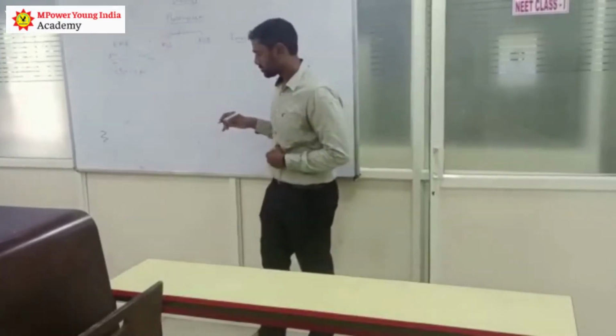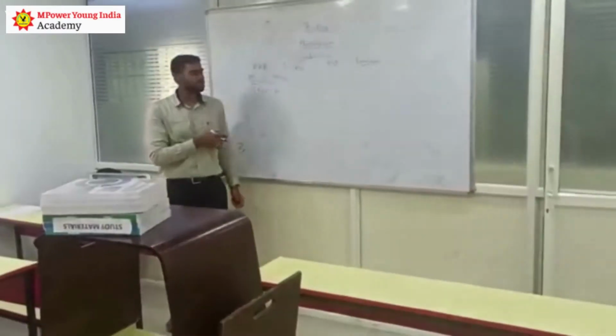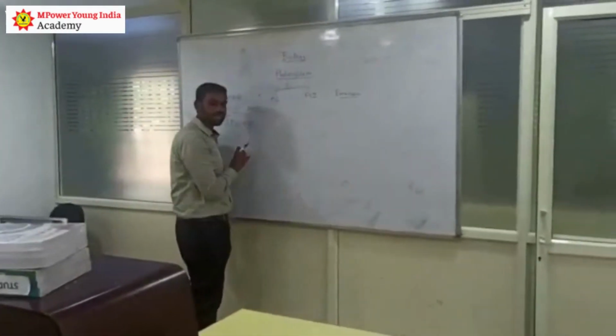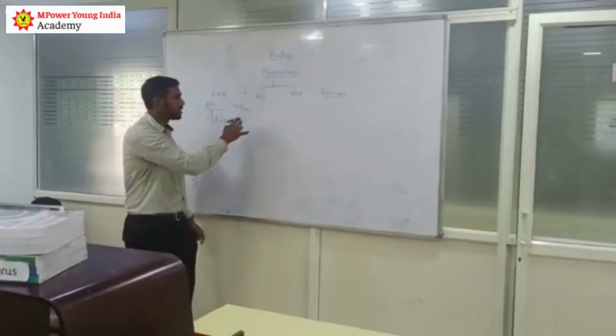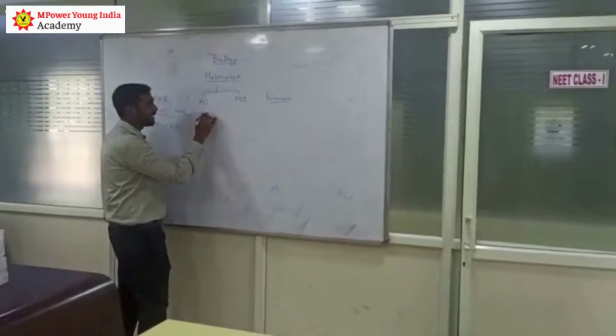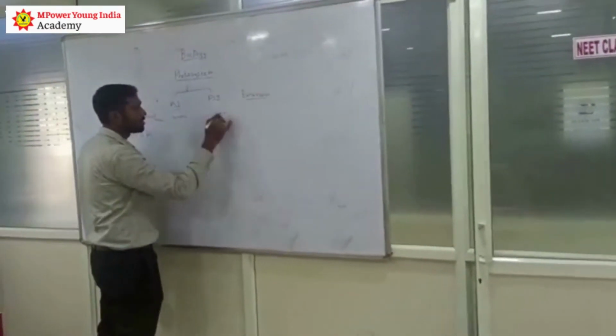The photosynthetic organisms. Especially the red light and the blue light will be absorbed and will be useful in the photosynthetic process. So this PS1 and PS2 are present in all the photosynthetic plants. When you go for PS1, you have 700 nanometer, and PS2 is nothing but 680 nanometer.